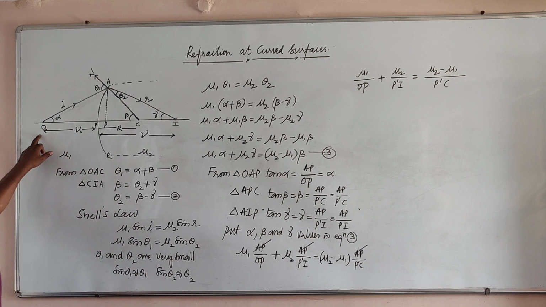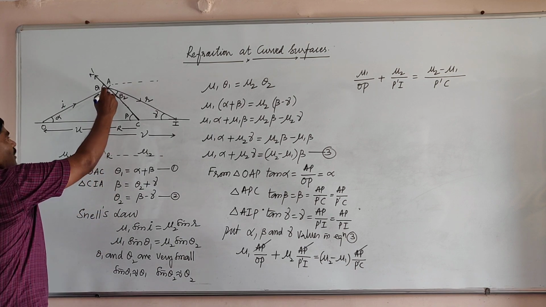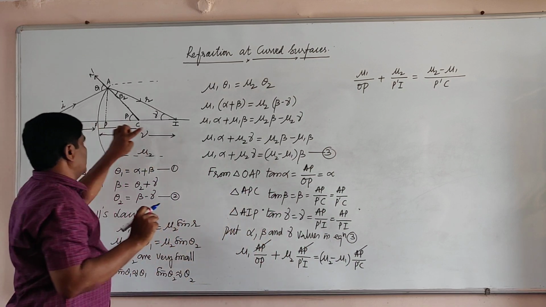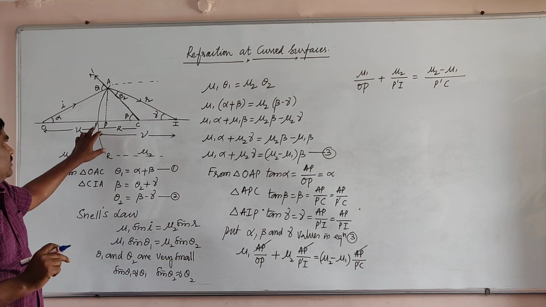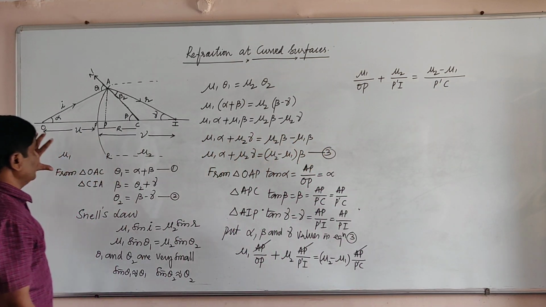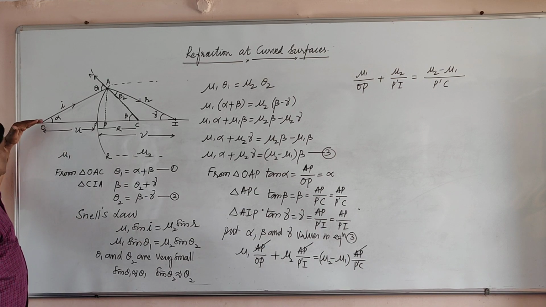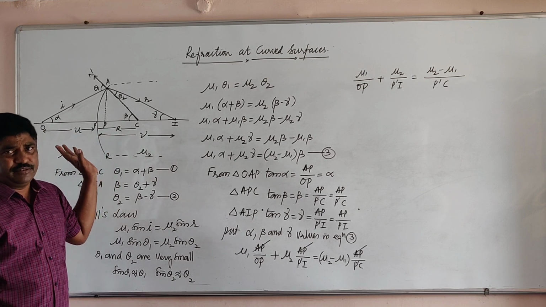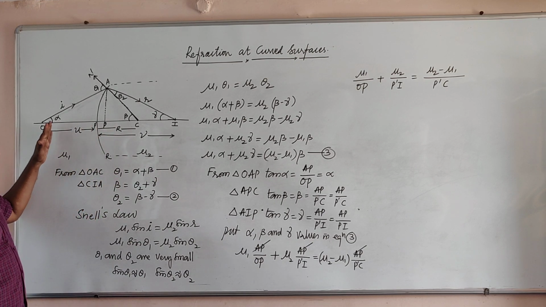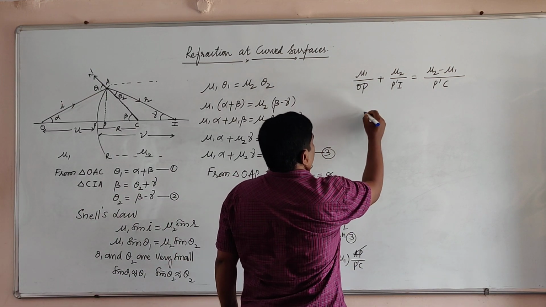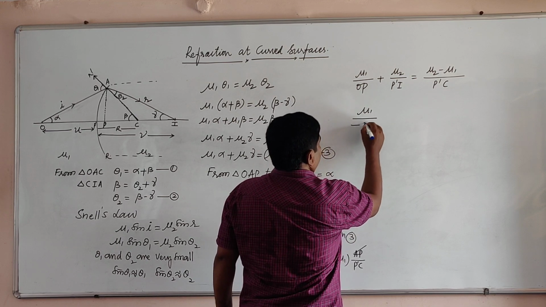Now what are these? OP is the distance of the object from the lens curvature part. P dash I is nothing but the image distance, you can say. And P dash C is nothing but the radius of curvature. But by applying the sign convention, all the distances must be measured from the pole of the lens. Therefore, this distance we are taking in the opposite direction to the incident ray. Therefore, this object distance, let us suppose, is minus u.